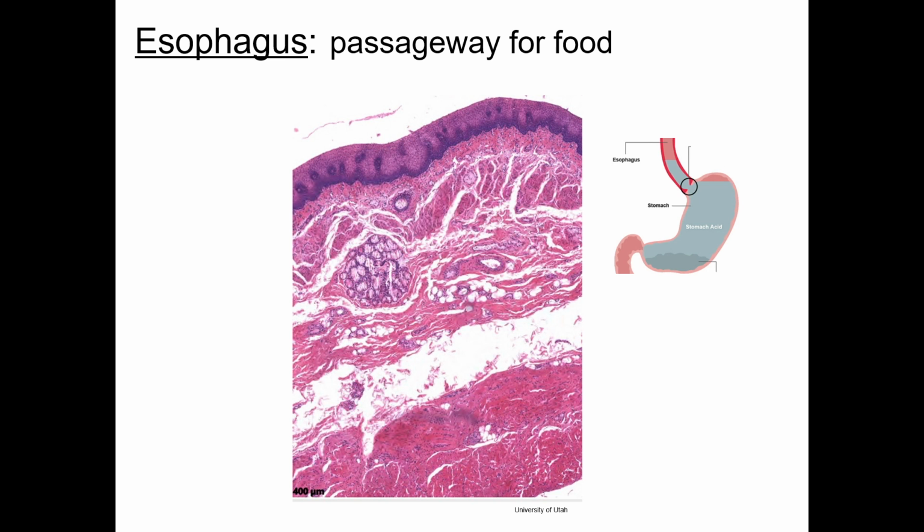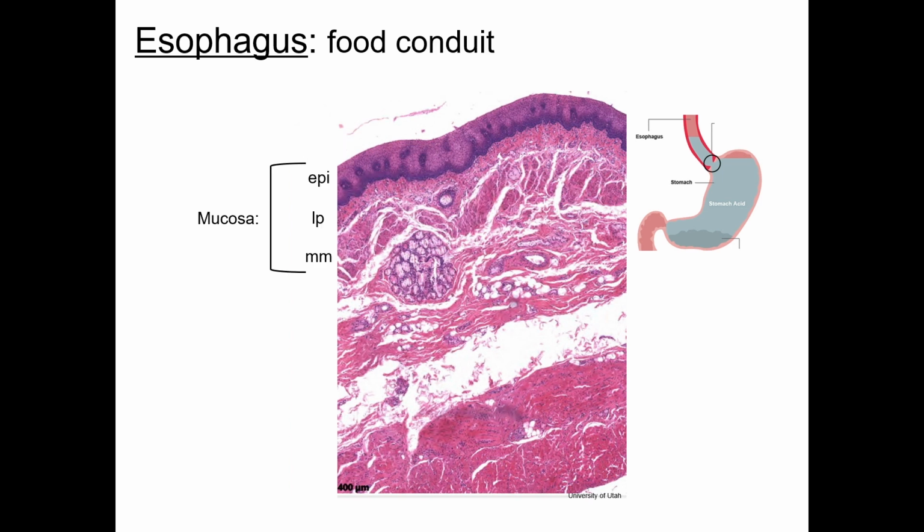This material is propelled by the two layers of the Muscularis Externa, which we will describe shortly. In this H&E stained section, you can easily distinguish the layers and sublayers of the esophagus. First, you see the mucosa with its epithelium, lamina propria, and muscularis mucosa. Next, we see the submucosa and the two layers of the Muscularis Externa. The esophagus is bound to adjacent structures, so it contains an adventitial layer rather than a serosa, although that's not